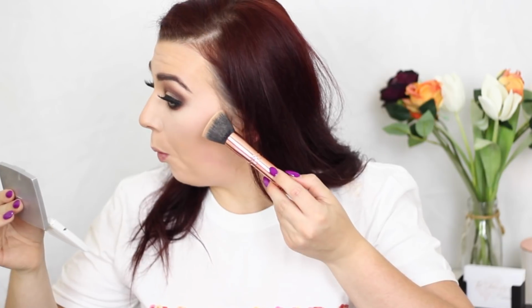So I'm just going to carry this onto my forehead. I'm going to contour with this brush, so I'm going to darken this one side, and then I'm just going to use the F20, just using the edge. You can use it around the top of the head as well. You just want to use the flat side of the brush. Brush that in. Okay. And then taking the fluffy brush, you're going to just...